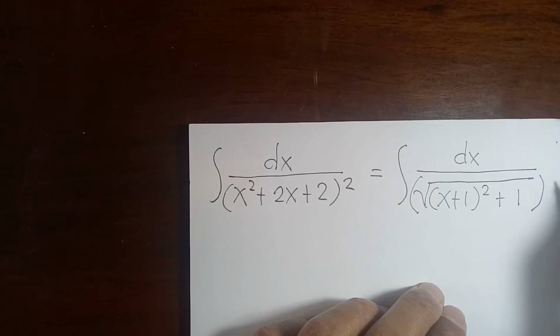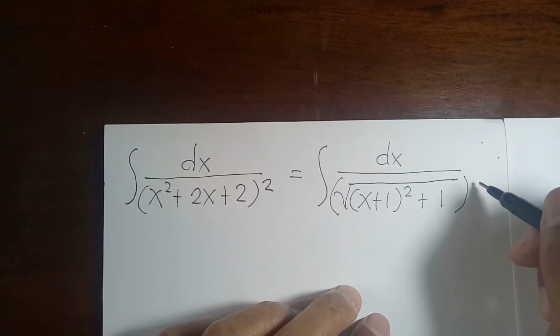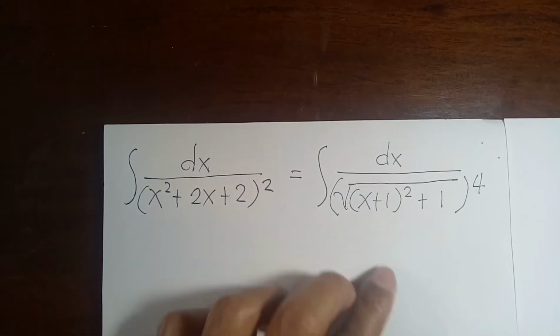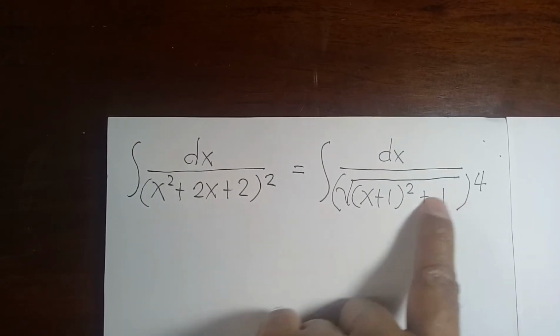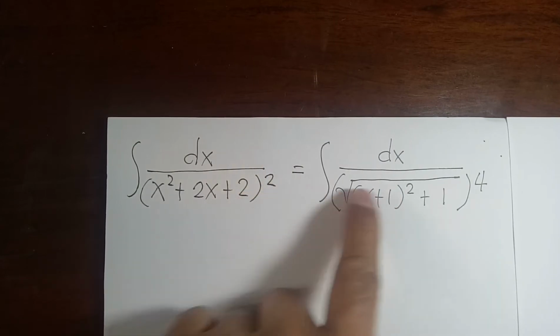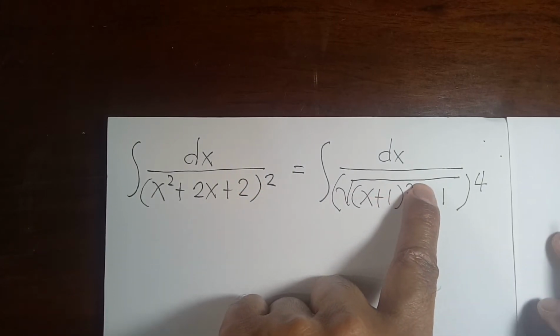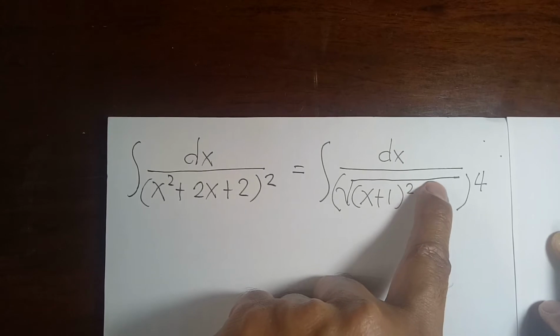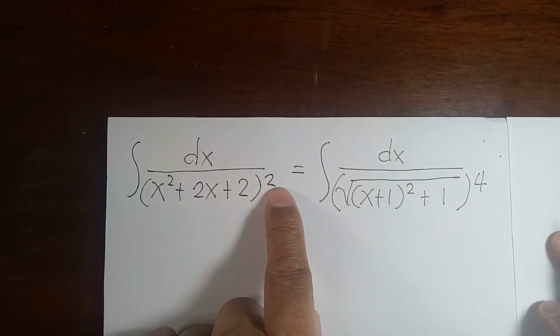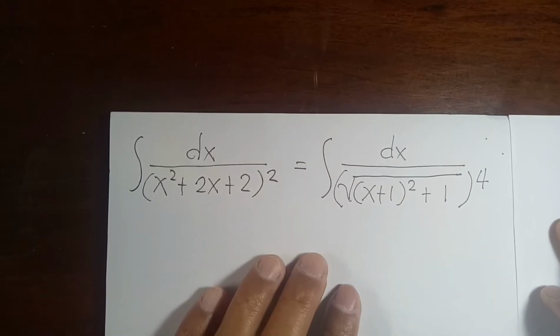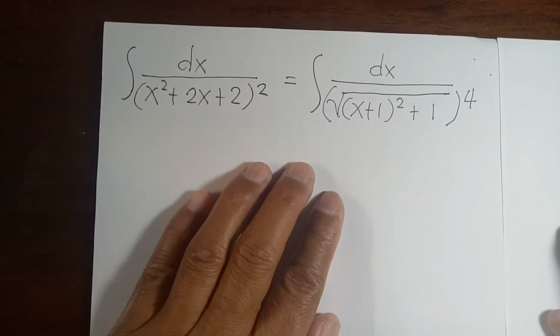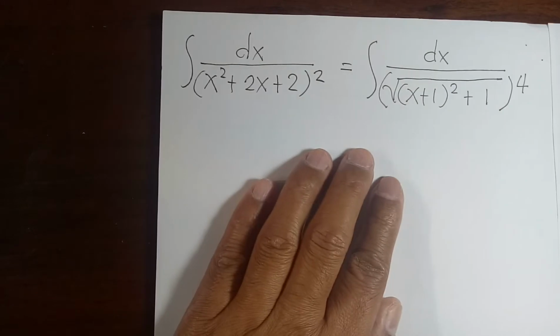No? So equal siya sa square root of x plus 1 squared plus 1 raised to 4. Dahil yung square root, ang ibig sabihin ay raised to 1/2. Ano? So, 1/2 times 4 ay 2. At yung x squared plus 2x plus 2, by completing the square ay equal din siya sa x plus 1 squared plus 1. No? So, dito magagamit tayo ng integration by